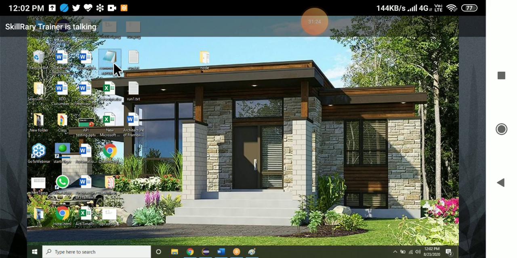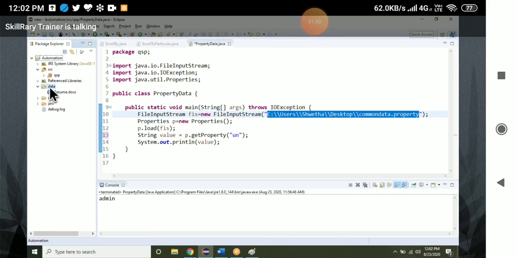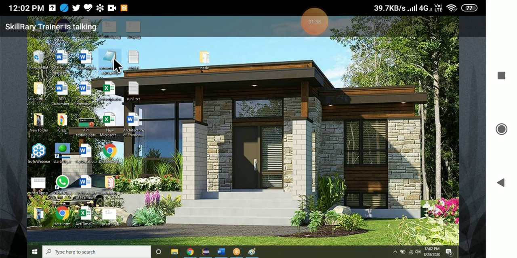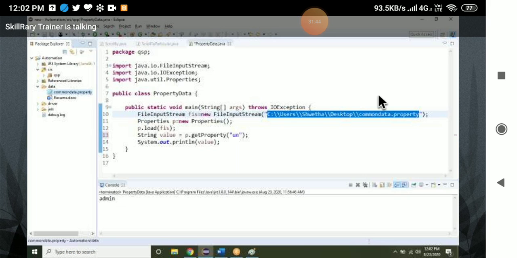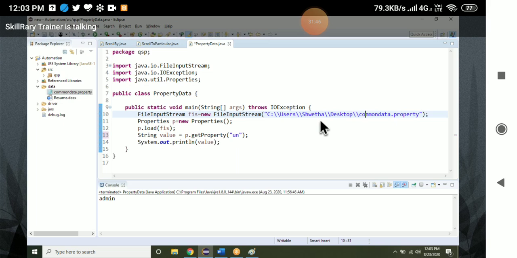Copy this file with Control C and put it inside the Java project. Create a folder called data inside the Java project. See, if I delete this file, it will not work. Why? Because I've given the path of the file on the desktop, but the desktop file is not there now. I have cut and pasted it inside the data folder.